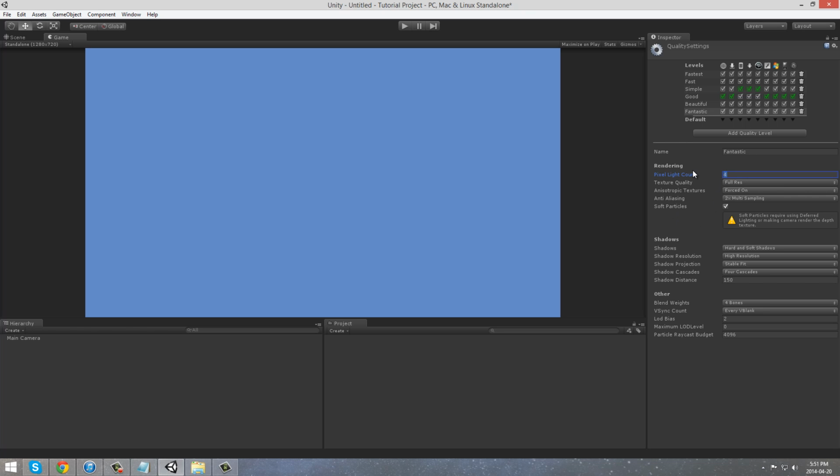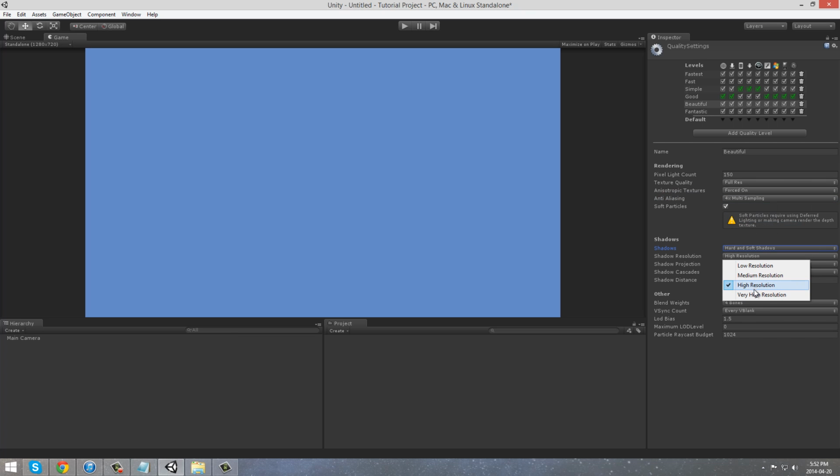So for fantastic, I'm going to go with 200 here. Full res, forced on, 8 times multi-sampling, hard and soft shadows, very high resolution, stable fit for cascades, and a shadow distance of 200. On the beautiful level, I'm going to go with 150, full res, forced on, 4 times multi-sampling,